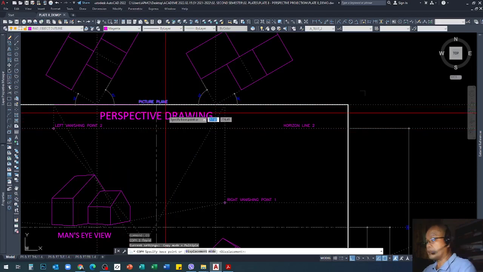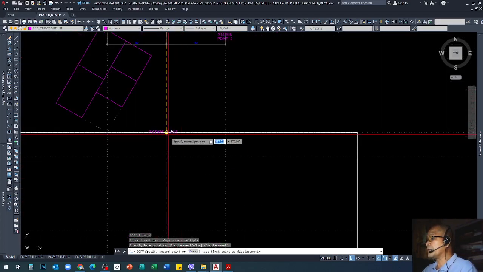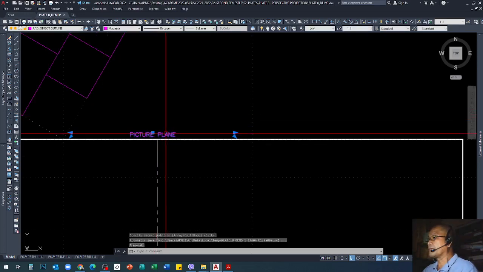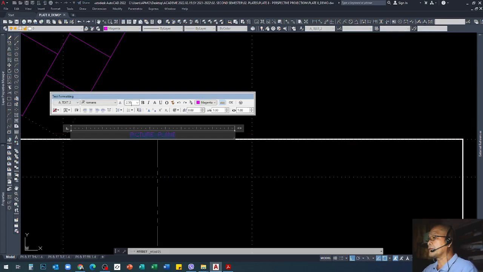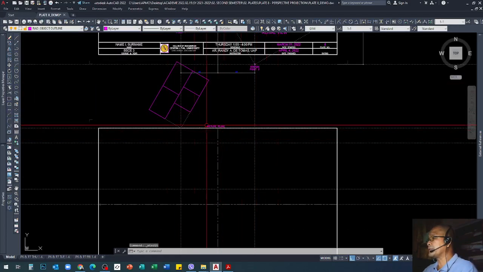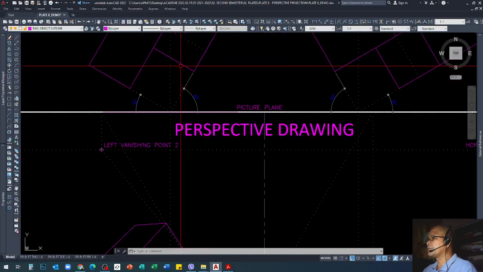That is, you create to level your drawing. So the height of this is 2.5. As you can see, the height is 2.5, and I use Romans for the text. Okay, so that is our picture plane. Now after that, we will locate